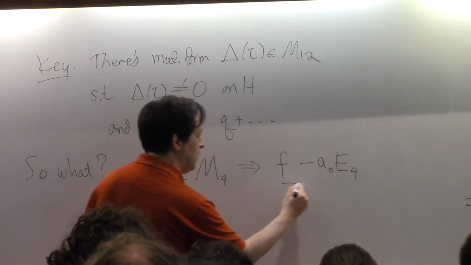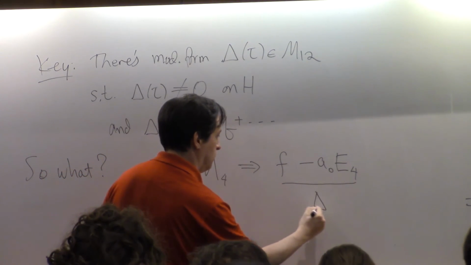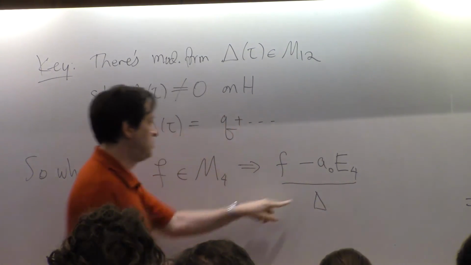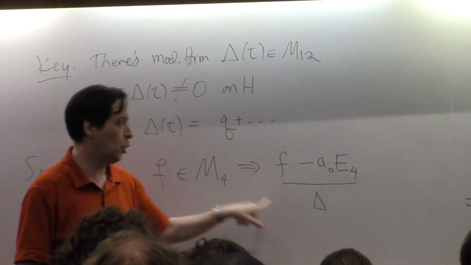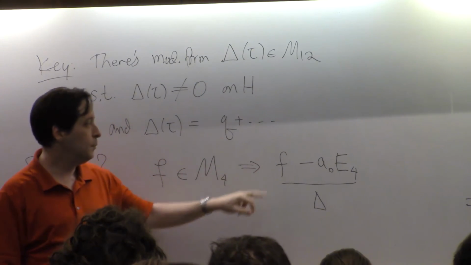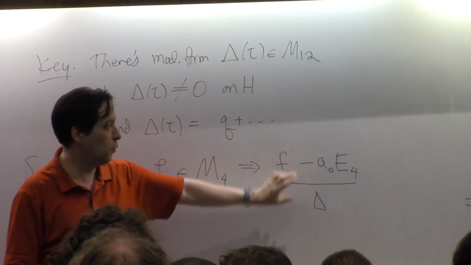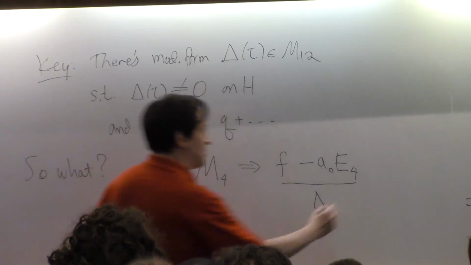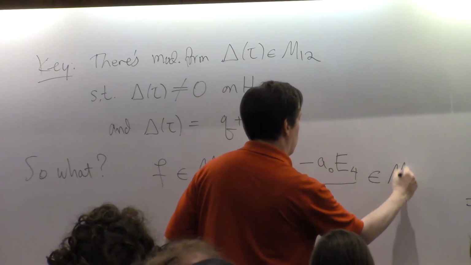Now, if you divide this by delta, because delta never vanishes on the upper half plane, this is still holomorphic on the upper half plane, but this satisfies the transformation law for weight 4, this satisfies the transformation law for weight 12, so the ratio satisfies the transformation law for weight